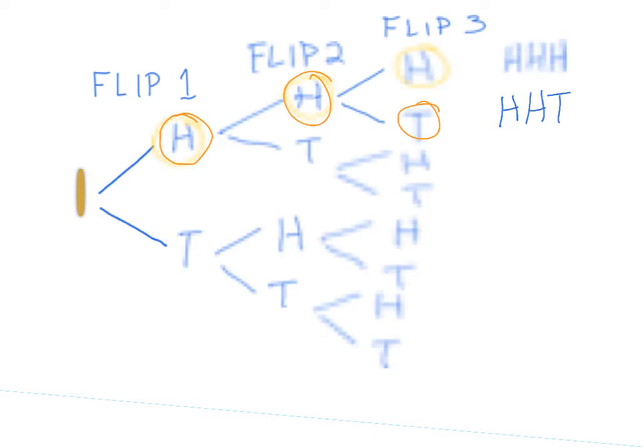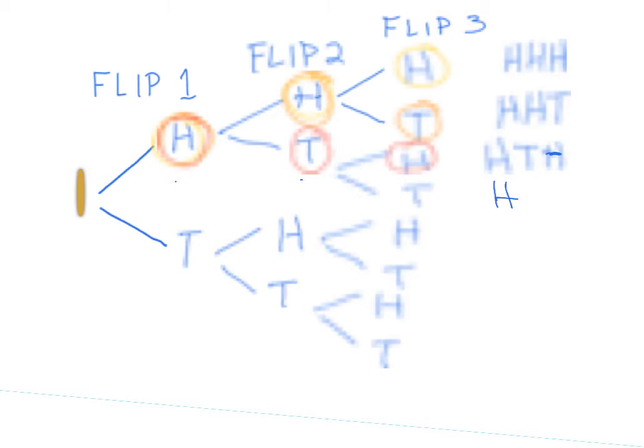And we can just keep going with this. H, flip a tail the second time, and then we might flip a head the third time. We would write the outcome of those 3 flips as heads, tails, heads. If we just keep going, we would have the following outcomes: heads, tails, tails,